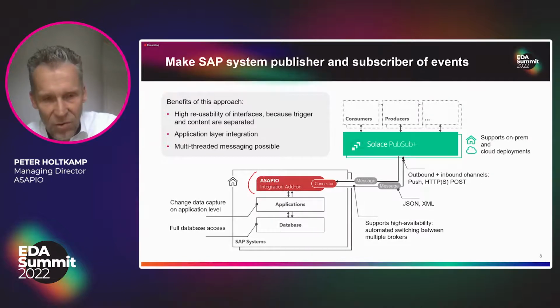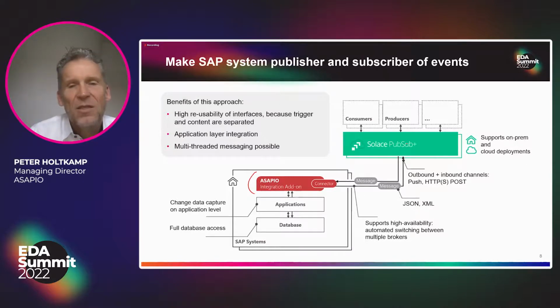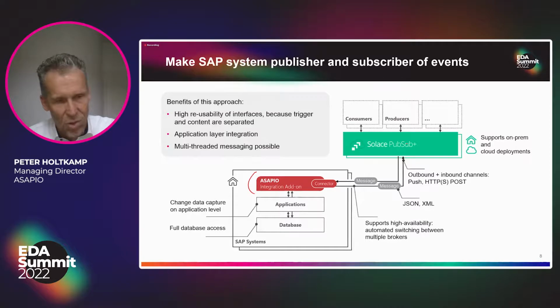And if you then need extra information, let's say for the smart pricing, as we mentioned in the beginning, you can include a little portion of ABAP coding where you call the real-time pricing for that application. So it's a hybrid, a combination of database information and application information. Once we have the data selected, we send it out to the Solus PubSub. It's then meta tagged, as we said, so you can take data out of the payload and put it into the dynamic topic of that payload. So Solus can then PubSub it to the corresponding consumers and producers.